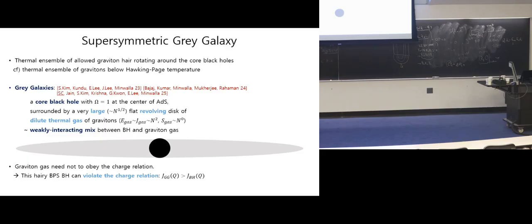Well, I don't know why this does match, but what we have done here is simple. We constructed the solution, and we computed the energy, and we computed the entropy. Of course, we did not compute the on-shell action. And the entropy, you find it depends on the hair? Well, actually, the entropy is given by the entropy of the core black hole. So in a sense, it is right. But the total charge is not just given by the core black hole, but carried by both the core black hole and the gas. That is the difference. But the entropy is just given by the entropy of the core black hole.